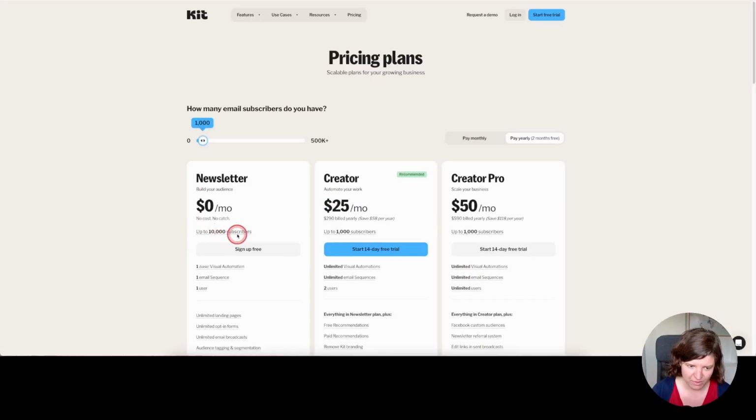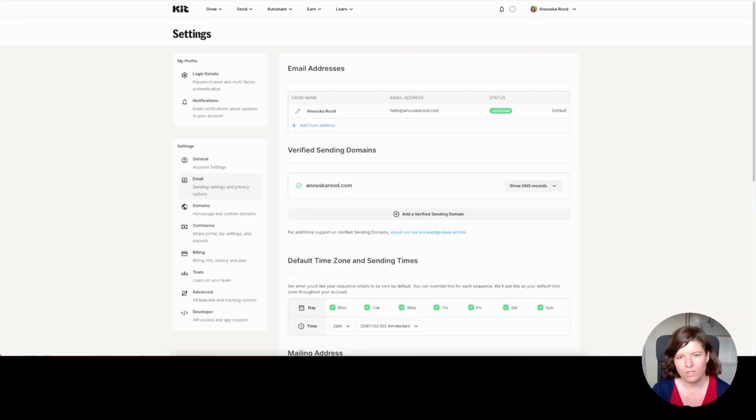Kit is free for up to 10,000 subscribers, but you can only have one automation and one email sequence. If you want to have multiple opt-in freebies on the free plan in Kit, you will need to use the double opt-in settings that I will show you. You will also need to have a domain email. If you already have a domain, you should be able to set up a domain email address for free. I'm not going into that process in this video, but let me know if you want me to make a